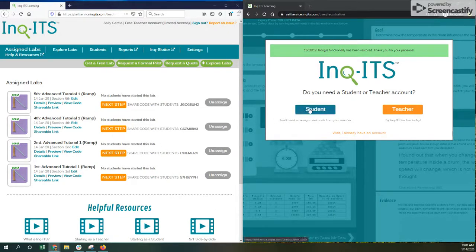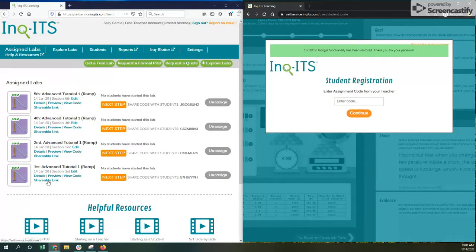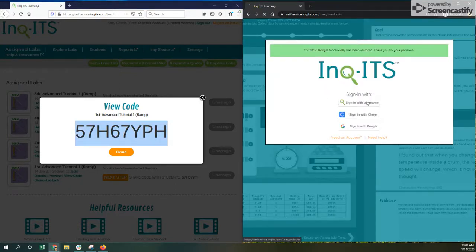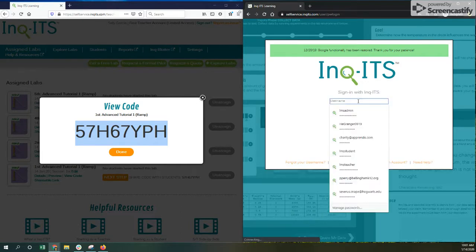And so let's say the student is just getting started. Now, if I had sent out a shareable link to some sort of LMS, that would have been great, and the student would have been able to easily get logged on. But let's assume that I had to give the students the URL, and the student comes here. The student's going to actually enter this code. They're going to enter this code in here, but I'm going to say, wait, I already have an account, and I'm going to assume that this student has